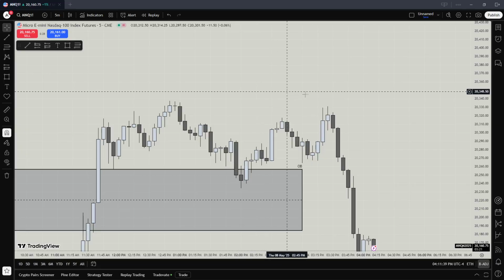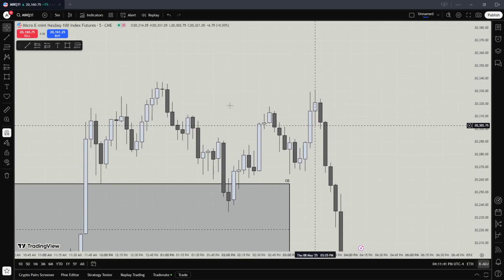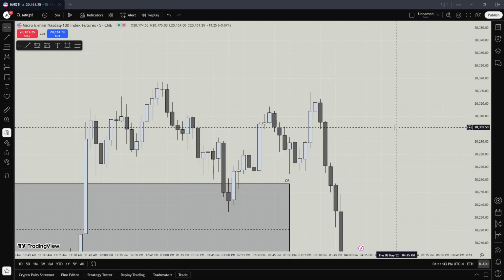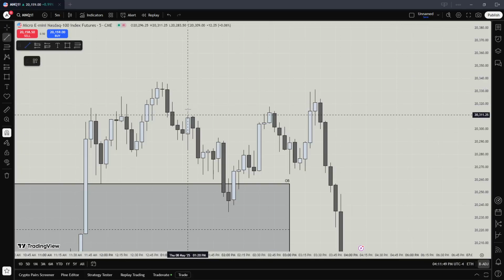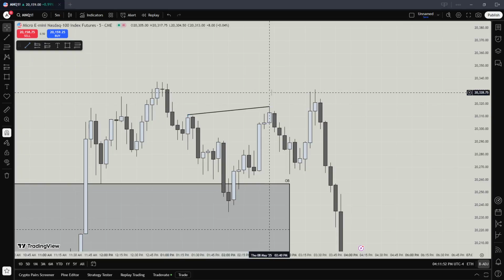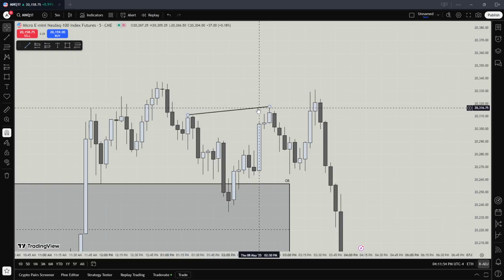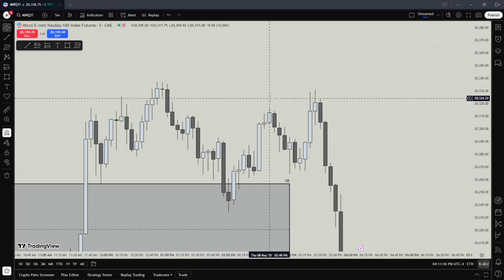And it was break even. You could have taken partials if you took more cons than me. I only took 2 cons. In my opinion, hindsight's 20/20, right? What could I have done? I was already break even, so that doesn't matter. At this SMT, I could have closed partial. What would that have done for me? I was up $206. I could have closed partial, and I would have locked in $103 worth of profit,